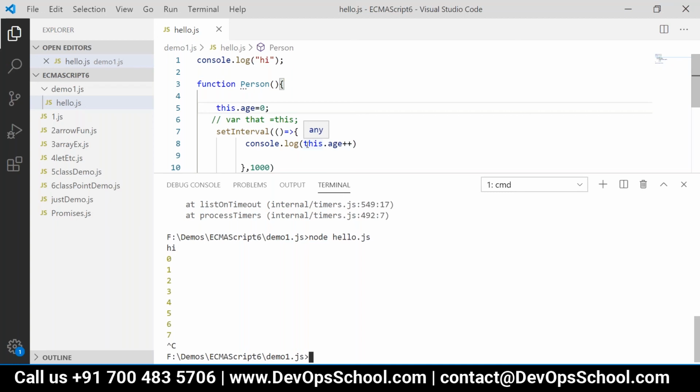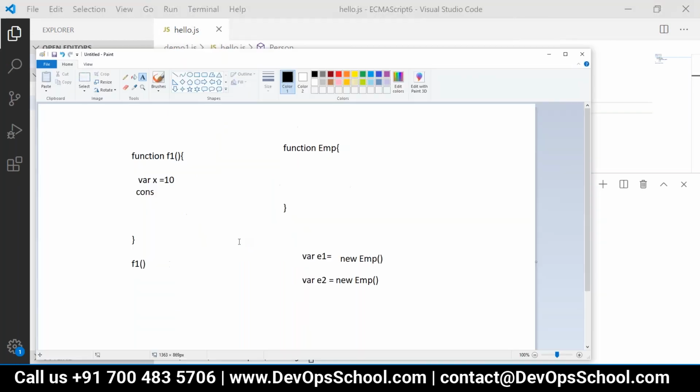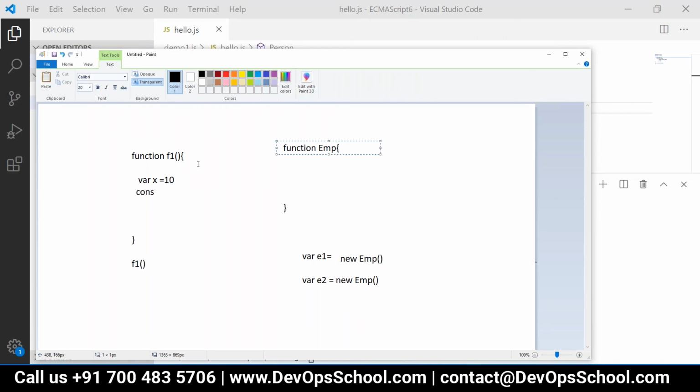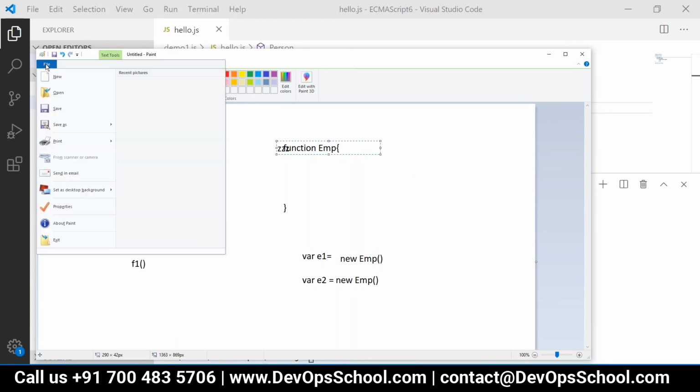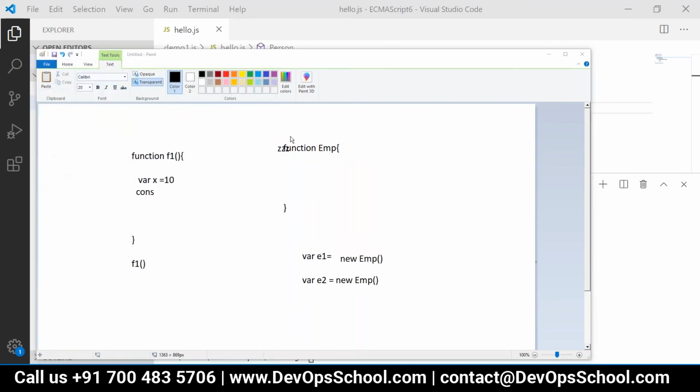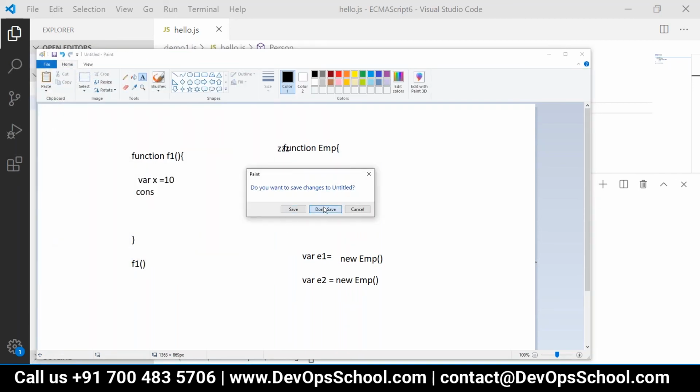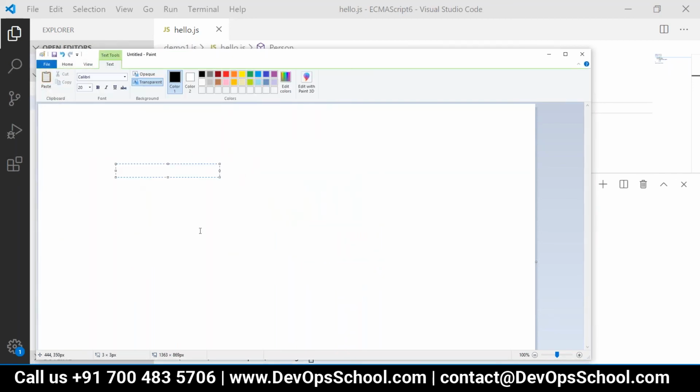Let us just get accustomed with the syntax for arrow function. Okay, now consider this function f1. Usually how do we write a normal function?